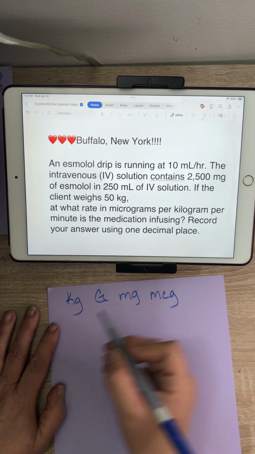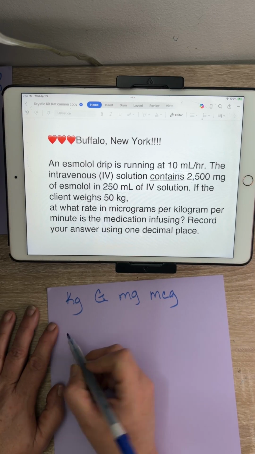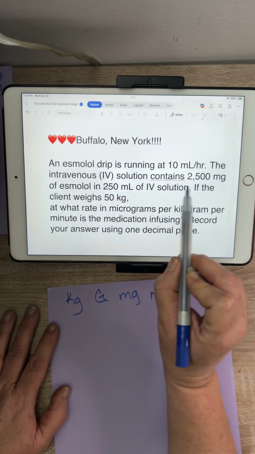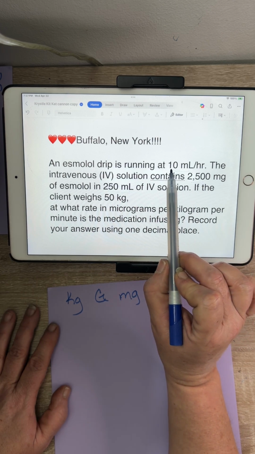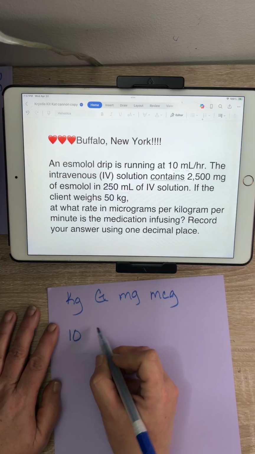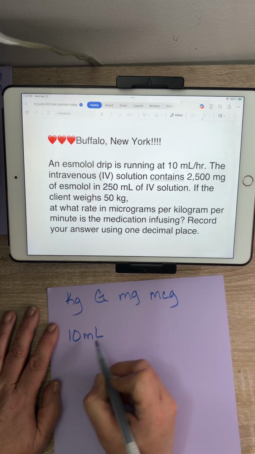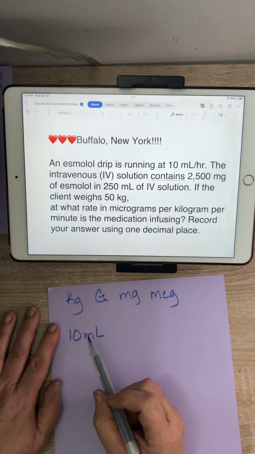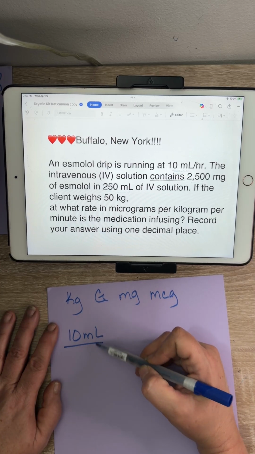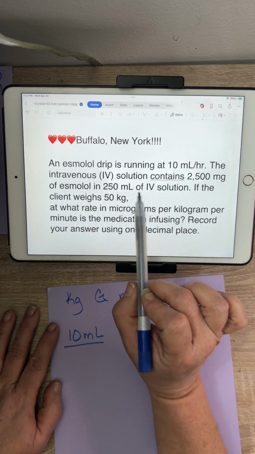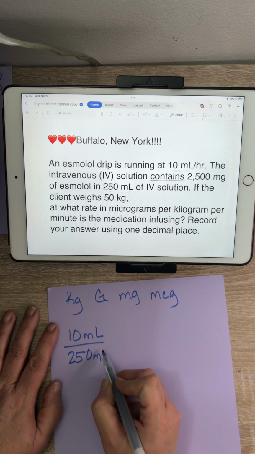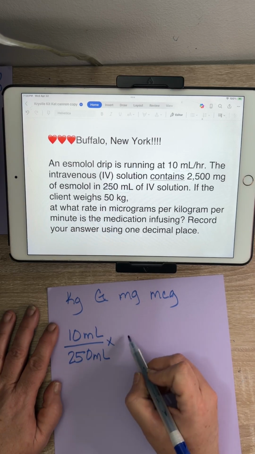And so this is going to be a dose order over a dose on hand. They've given us what we have in our hand right here. And they've specifically said what it's going at. So look, even though it's not milligrams, 10 milliliters, if he could have his best wish, he wants that going at 10 milliliters an hour. What do I have that's milliliters? I do have something. 250 milliliters. How does that come? With